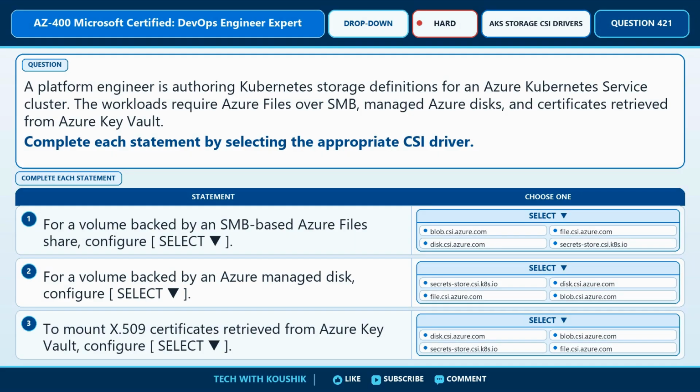Question number 421. Scenario. A platform engineer is authoring Kubernetes storage definitions for an Azure Kubernetes Service cluster. The workloads require Azure Files over SMB, managed Azure disks, and certificates retrieved from Azure Key Vault. Complete each statement by selecting the appropriate CSI driver. Statement 1. For a volume backed by an SMB-based Azure file share, configure the blank. The choices for Statement 1 are